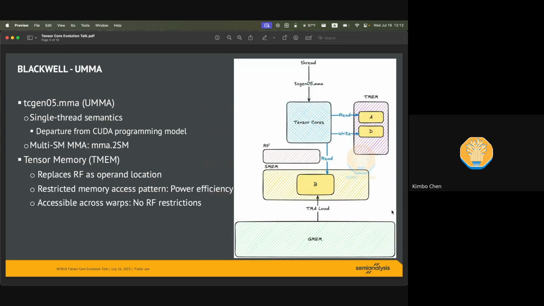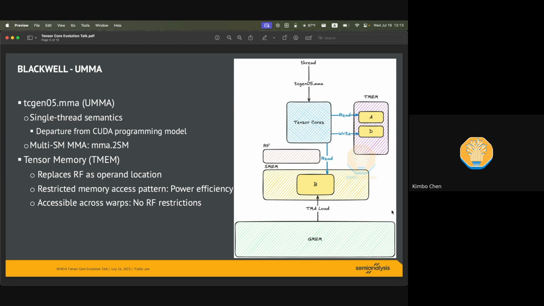So after Hopper, we get Blackwell, currently the newest architecture. The corresponding new MMA is usually called UMMA, also known as TC Gen 05 MMA. Again, it has single thread semantics like TMA. It's a departure from the CUDA programming model. And another big difference is that TC Gen 05 MMA can use two SMs to